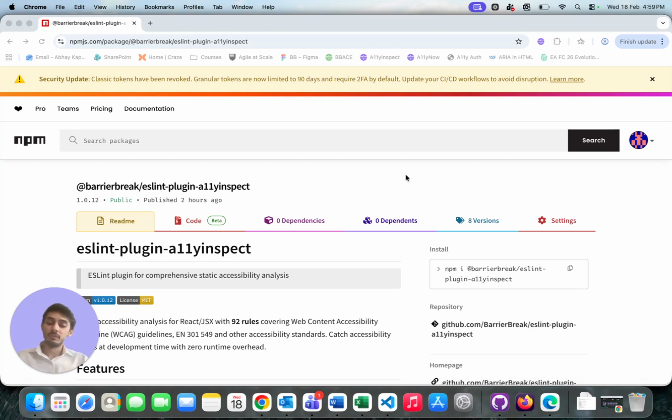When we spoke to developers, one thing we realized is that there was no easy way for them to check if there were accessibility issues regarding their JavaScript within their IDE. ESLint is one of the most used linters available in the market, and that's why we went ahead and created this A11yInspect plugin for ESLint. Today, I'll walk you through very quickly how to install it and how you can run it on a sample